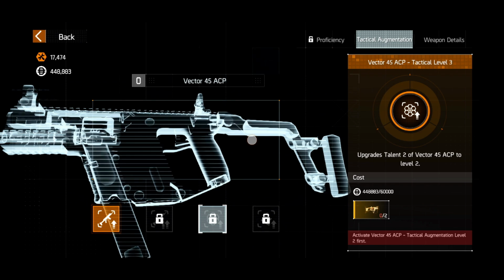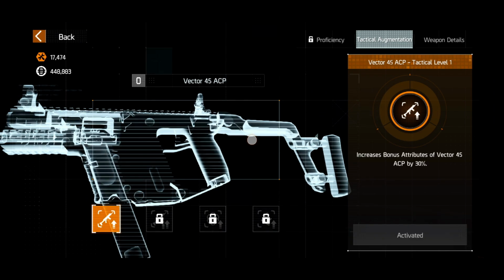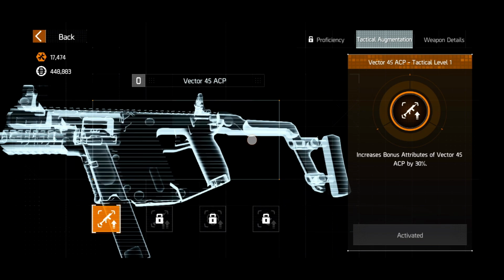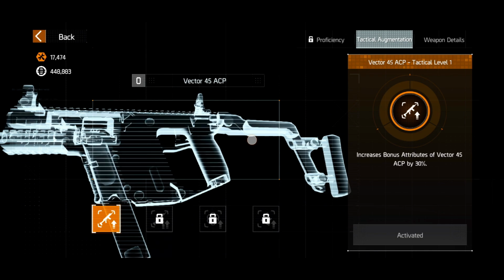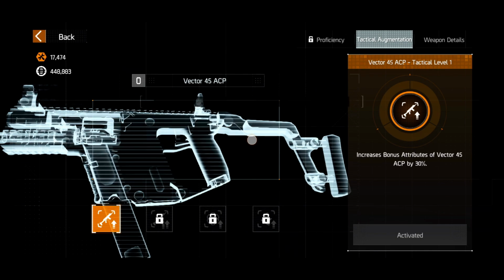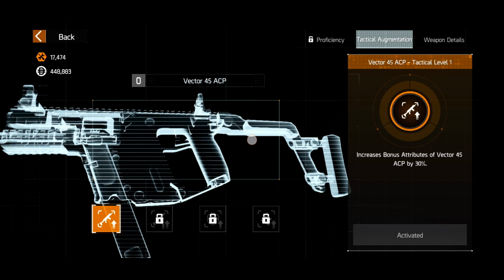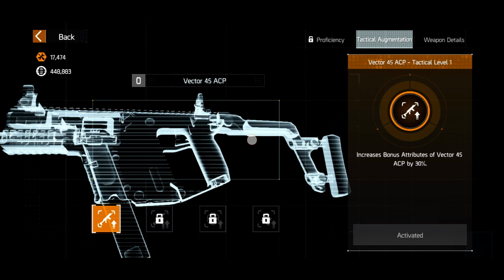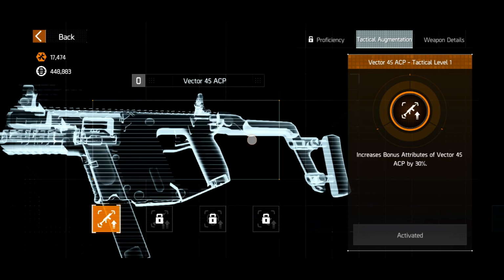So as you're going through the game, not only can you unlock these blueprints, but you're going to get items in order to upgrade these blueprints as well, which is going to further enhance the item that you craft when it comes to crafting. You'll notice one more tab here, proficiency. I have not got as far as that main mission in the game yet, preparations, unfortunately, so I can't show you that or discuss that, but I imagine it's just another way to upgrade these blueprints for better stats when